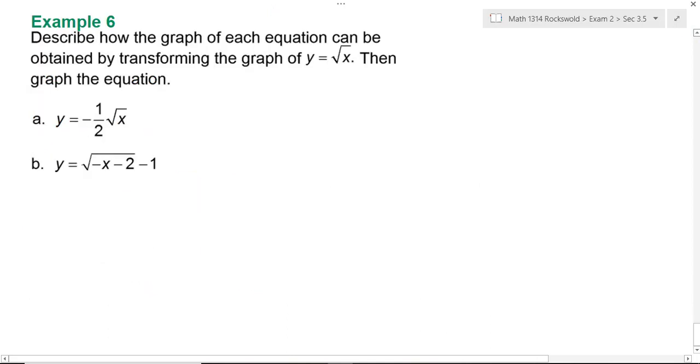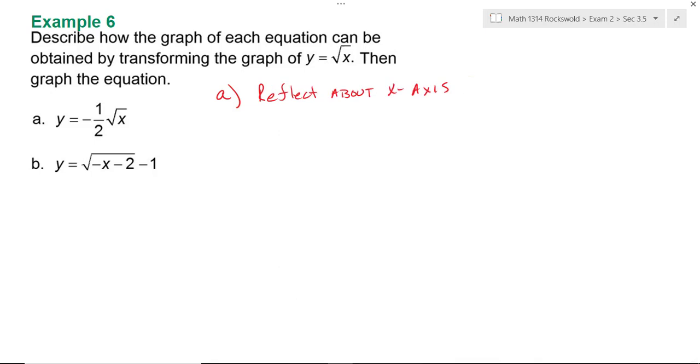In the last example, I asked you to describe how the graph of each equation can be obtained by transforming the graph of y equals the square root of x, then graph the equation. On part A, what do we do to the graph of y equals square root of x? What does that negative 1/2 do? Reflects across what axis? So it reflects it about the x-axis, and it's a vertical shrink by a factor of